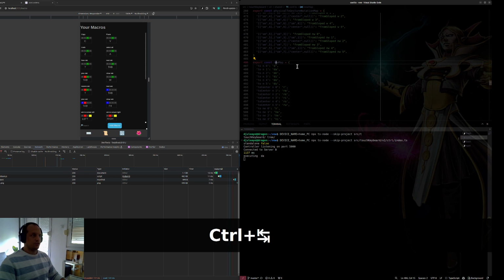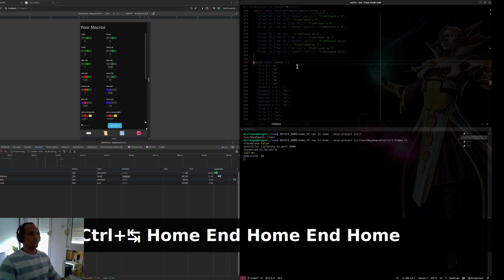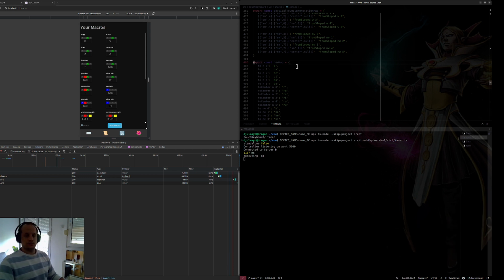But this configuration page is fixed, and it's in the shared folder, because both controller and frontend want to know what is in the configuration. And this made an assumption, and this assumption is there is only one configuration, which of course will not be true. Any user will be able to have multiple configurations,